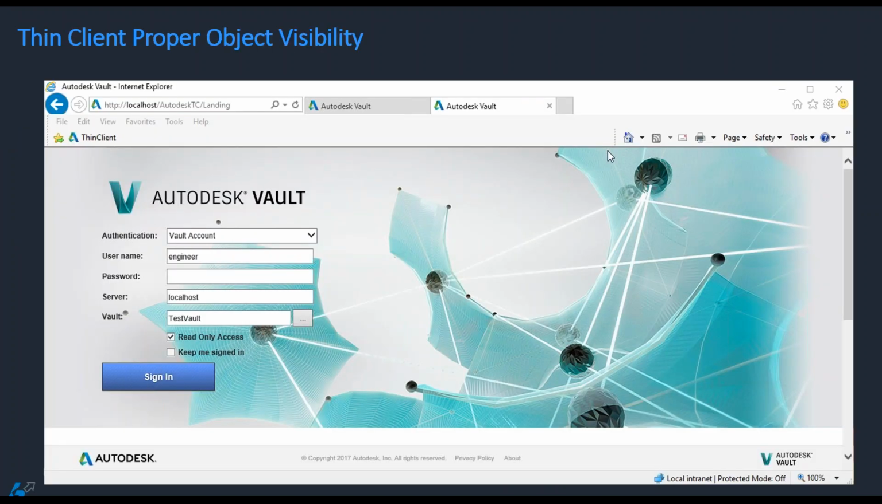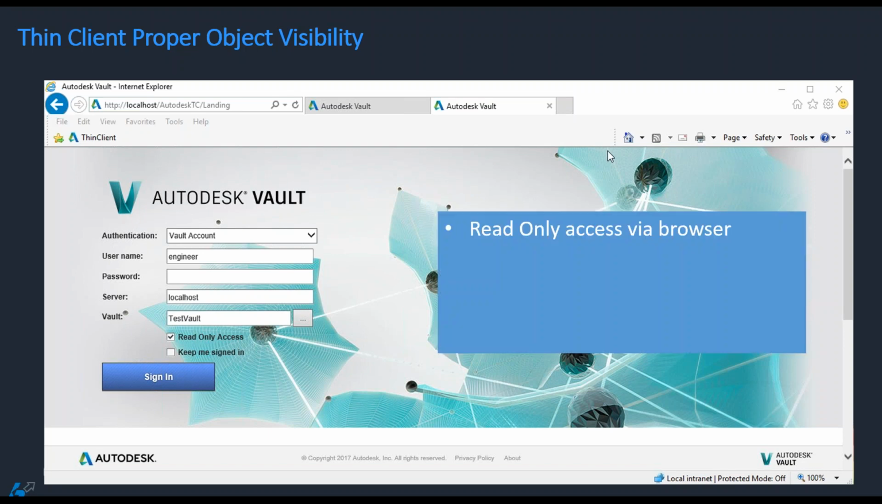Up to now, we've been discussing security in Vault Explorer, also known as a thick client. Now we're going to change our focus to the next topic, which is proper object visibility in the thin client. The thin client is mainly used by those who need read-only access, like non-CAD users. And it's called a thin client because it doesn't have all the functionality of the thick client and is accessed